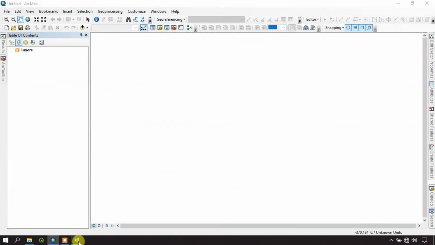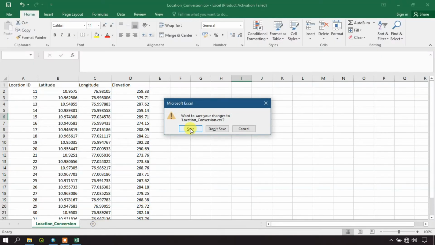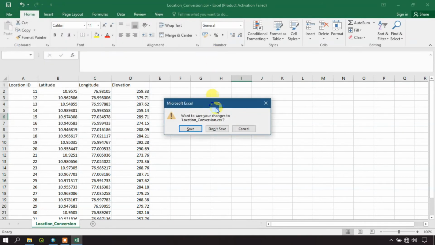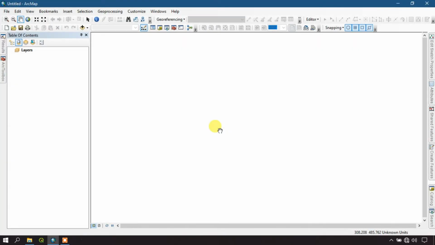So close the Excel sheet. Yes, I need to save it. Now it's already saved. Just select the option Don't Save. So now we need to import the data. So go to the option Add Data,